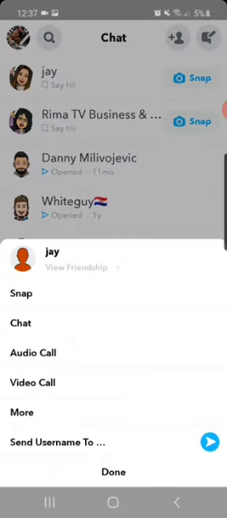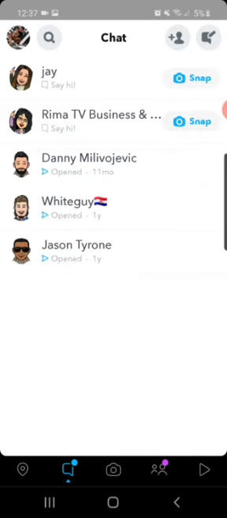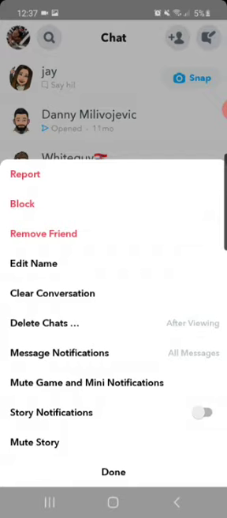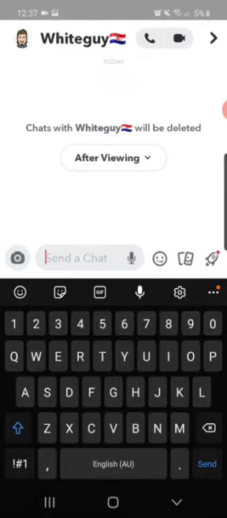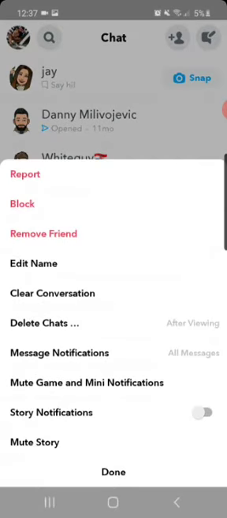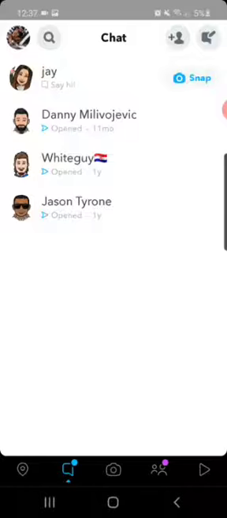I delete them straight away, you'll see why, because that's what Snapchat can do. You grab people straight away and then you delete them. So for example, with this person, I don't know why. You see over here, after viewing, I don't know what this is. I can block him, although I have no need to block him. I just go and remove him again, because one view is everything. You have to understand, one view is everything. So if I block him, I promise you he can never view me again.